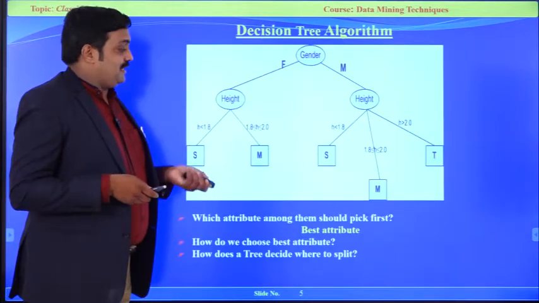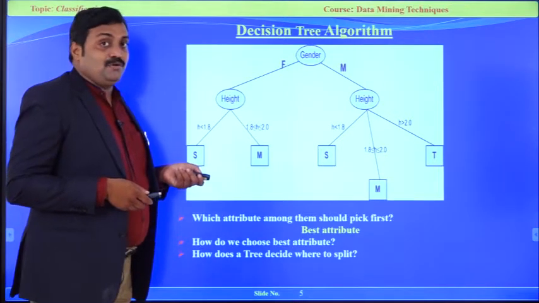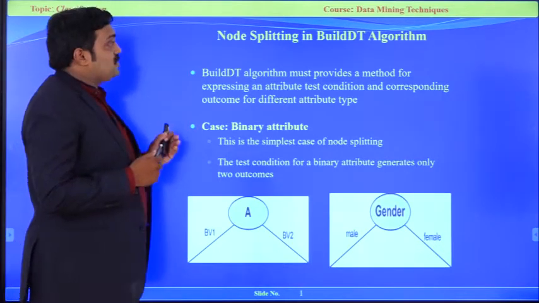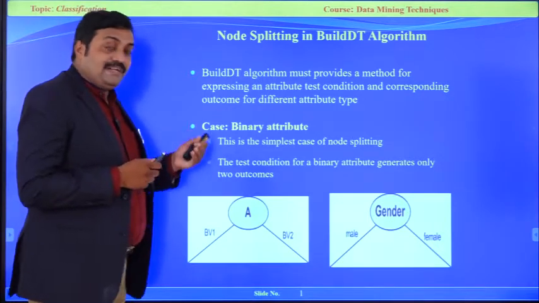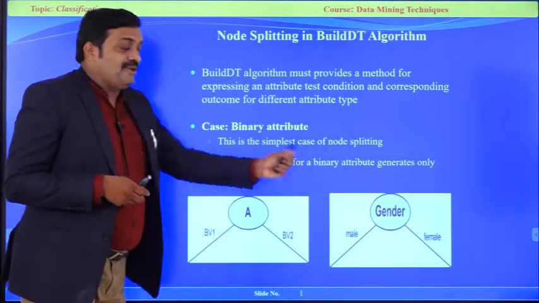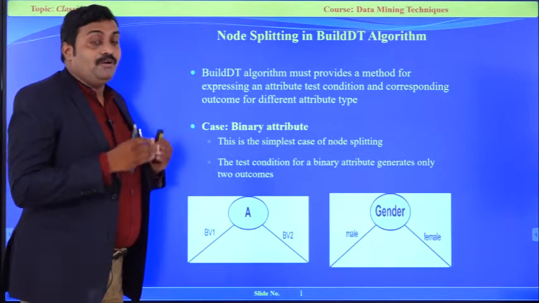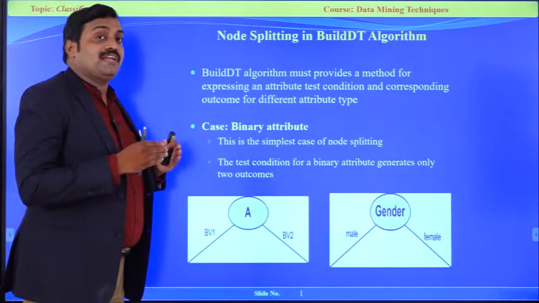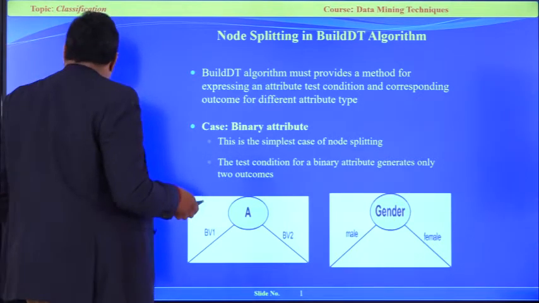As per the questions that arose in the earlier session, I am now going to discuss the splitting condition, that is, node splitting in building a decision tree algorithm. When we split on an attribute like gender, we know the values are either male or female. So our attribute is gender, and we simply segregate into male or female.